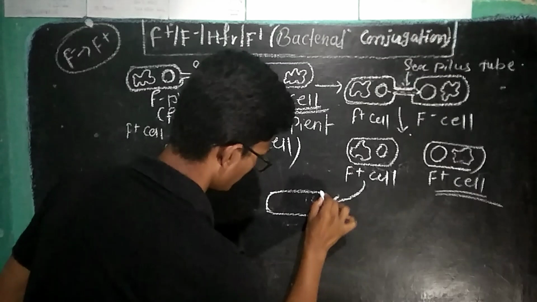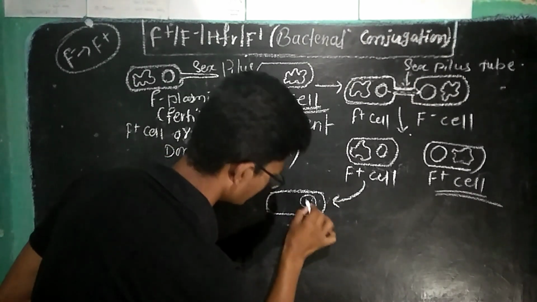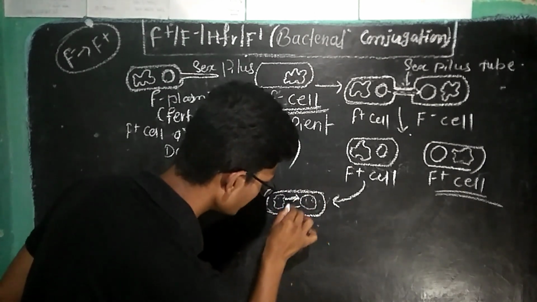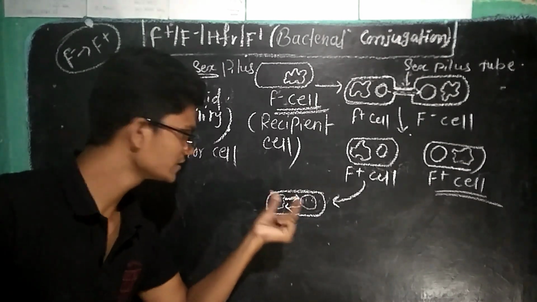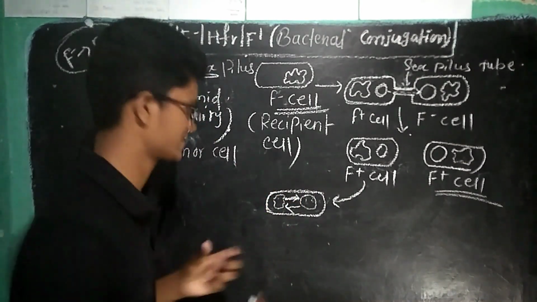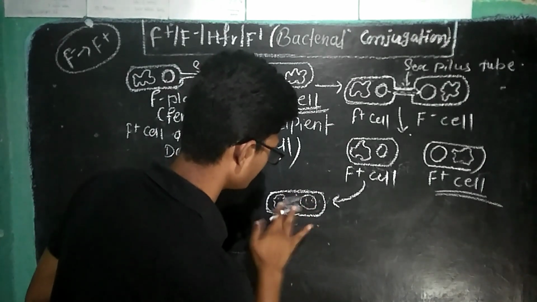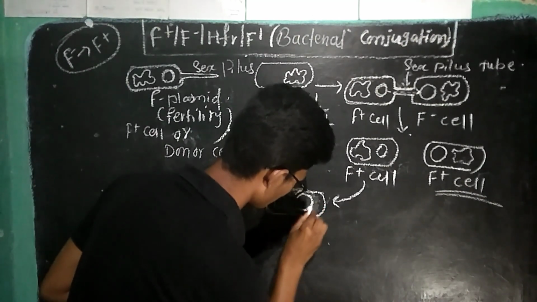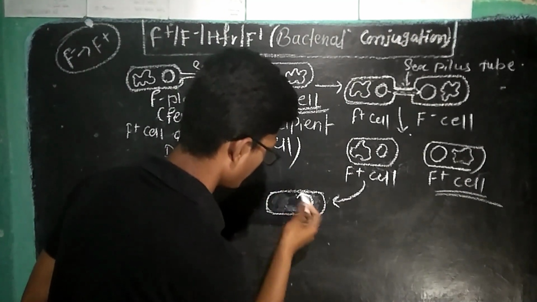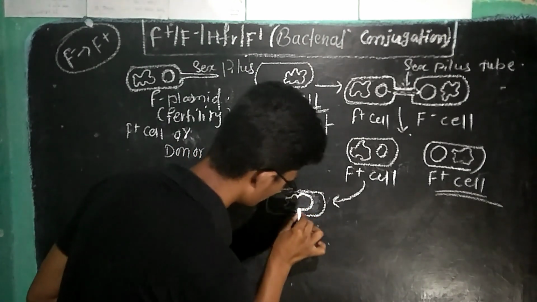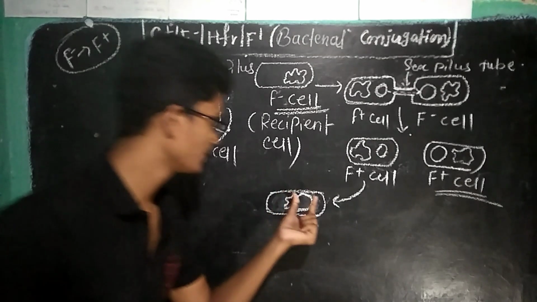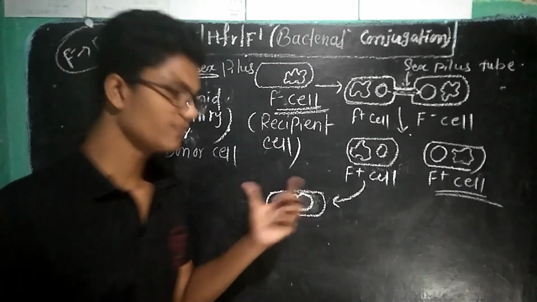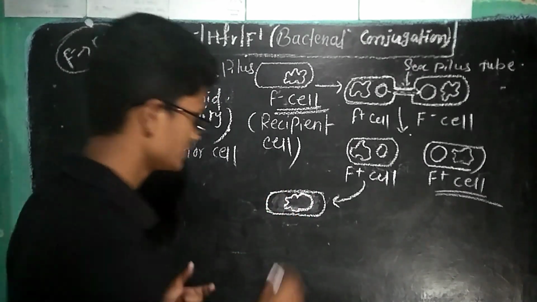Okay. Suppose this is the bacterial plasmid and this is the bacterial chromosome. They start to interact with each other and form a strong complex. Suppose this is the plasmid and this is the half part of the bacterial chromosome, half part of the plasmid. They come together, forming a complex and form a new cell, and this new cell is known as the HFR cell.